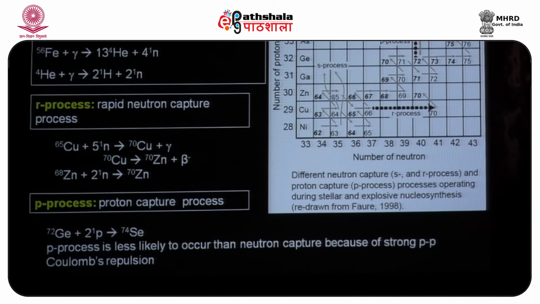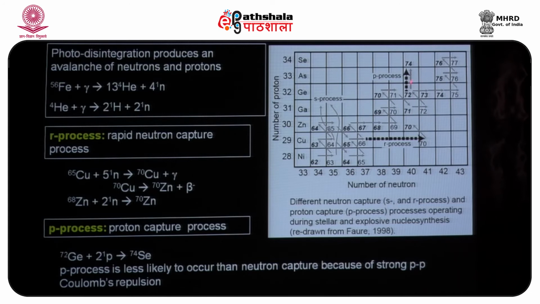Another important process operates here, which is the proton capture process. Here is an example where you can see that germanium-72 can capture 2 protons to form selenium-74. The proton capture process actually produces lighter isotopes of the elements. For example, it produces selenium-74, whereas the heavier isotopes of selenium are 76 and 77. Now, remember that the P process is less likely to occur compared to the neutron capture process, because when the nucleus tries to capture a proton, there is